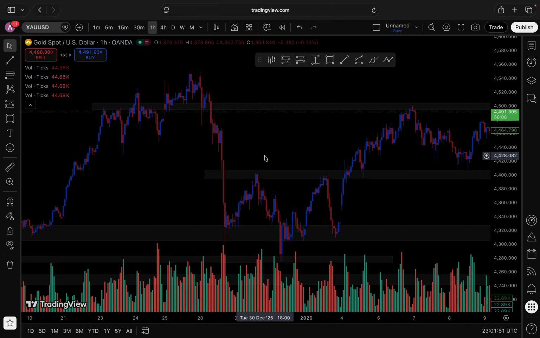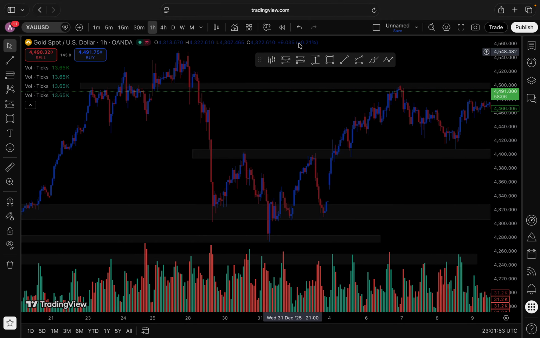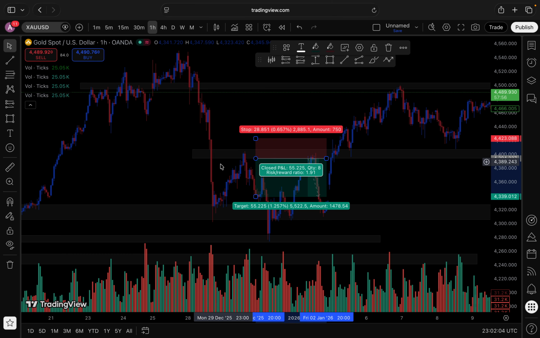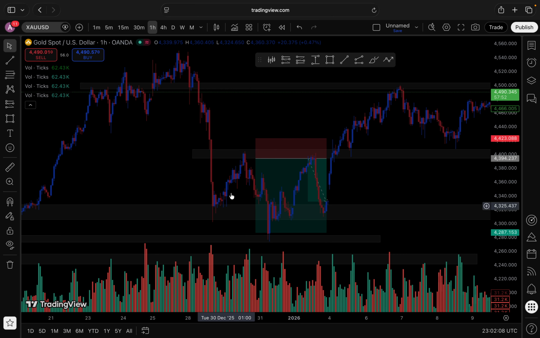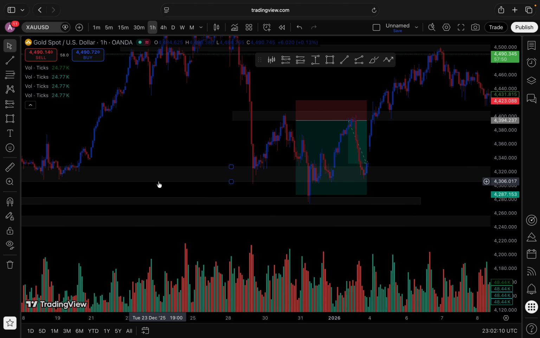Let's say I took a setup. Let's say I took a short right here. Price came, created that lower low and that lower high, and as soon as I saw it create that lower high, I took this setup at a lower high. Then I'm taking price down to a level of buyers, because you see, as soon as it tapped into this level of buyers,